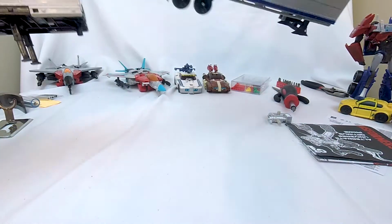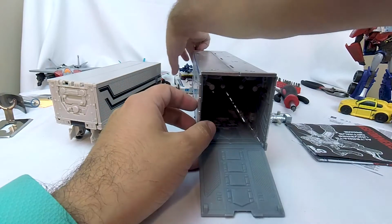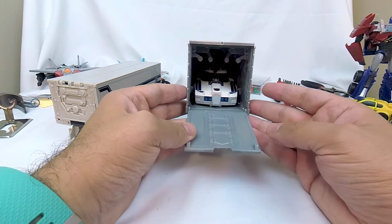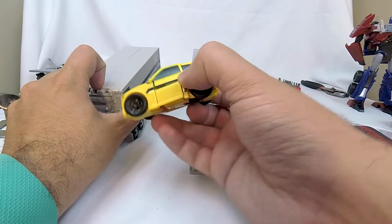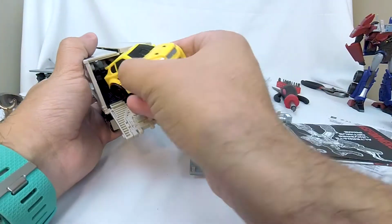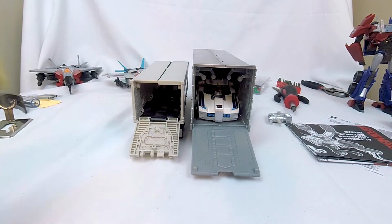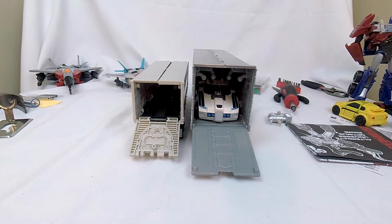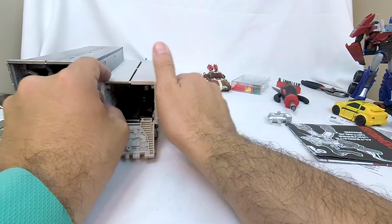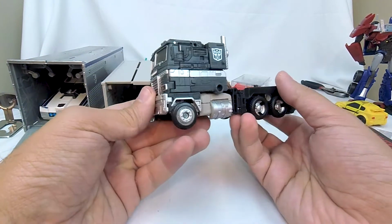Way, way bigger. This one does fit, and we've got all my bits in here, but this one can fit a deluxe car, no problem. This one, you need some sort of legend scale vehicle to comfortably put him in there. So there's a difference. Maybe it can fit deluxe Cliffjumper, Bumblebee, everything else. But that's really my biggest gripe about this set: if I could have paid $30 and gotten a neat